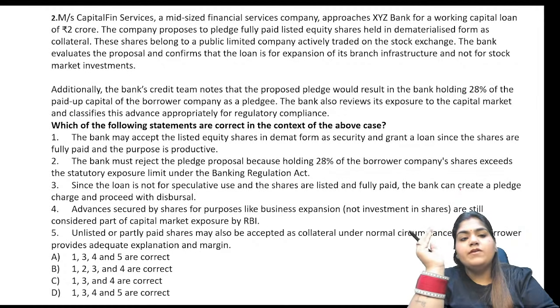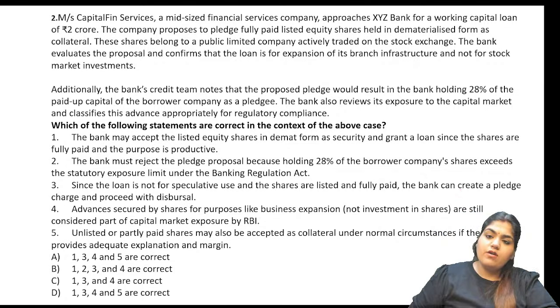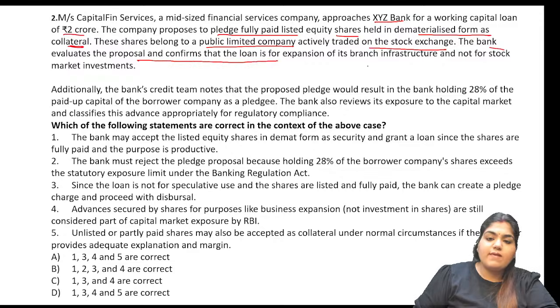Messrs Capital Fin Services, a mid-sized financial service company, approaches XYZ Bank for a working capital loan of 2 crore. The company proposes to pledge fully paid listed equity shares held in demat form as collateral. These shares belong to a public limited company actively traded on the stock exchange. The bank evaluates the proposal and confirms the loan is for the expansion of the branch infrastructure and not for stock